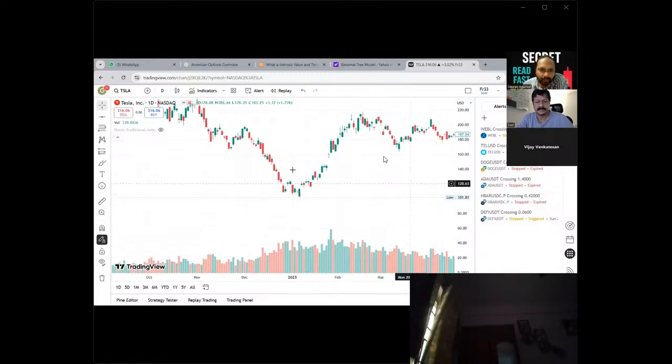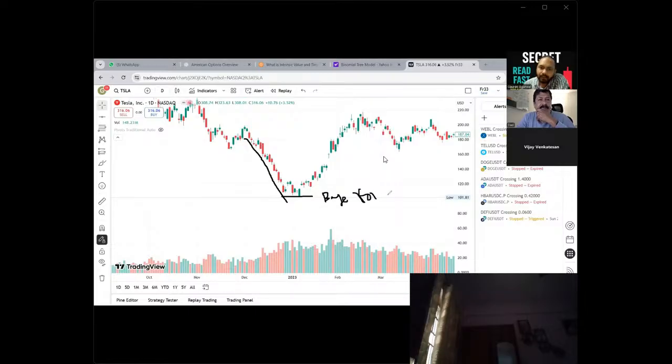And this scenario also, right? Now this is called base forming, because the fall has stopped here, and it has started making a few green candles. 4, 5 green candles are there, so that means it is forming a base. So here we can try to make an entry, and our stop loss will be the low of this base, and our target will be huge in this case, the previous swing high here.